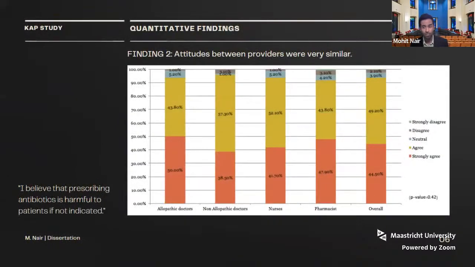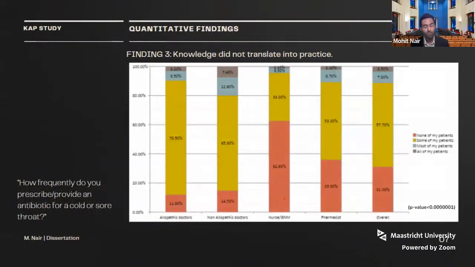Interestingly, high proportions of informal health providers, pharmacy shopkeepers, and nurses claimed that knowledge of antibiotics was important to them in their role as a health provider, even though by law, none of these groups are legally permitted to prescribe antibiotics. And there was no statistically significant difference between attitudes as a whole, which were quite similar between all four groups. The most pronounced finding, however, was the dissonance between knowledge and practices, wherein participants could correctly identify appropriate uses of antibiotics and yet simultaneously fail to apply them in practice.